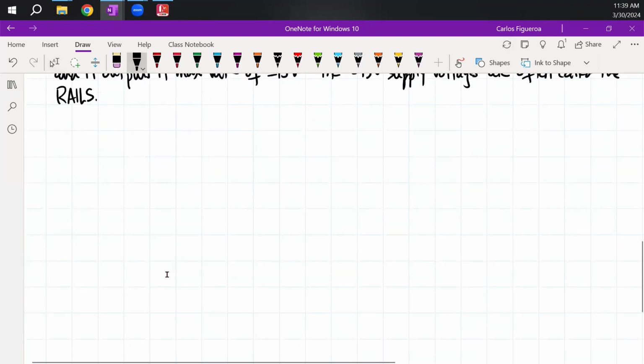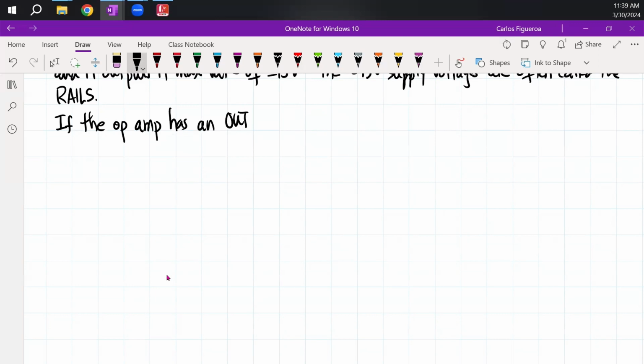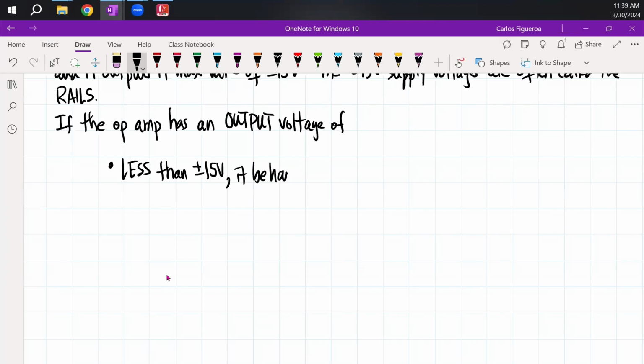So if the op amp has an output voltage of less than plus or minus 15 volts, it behaves linearly,